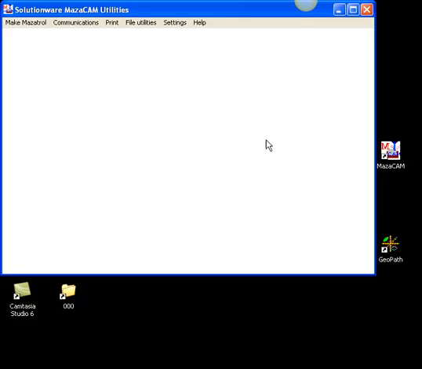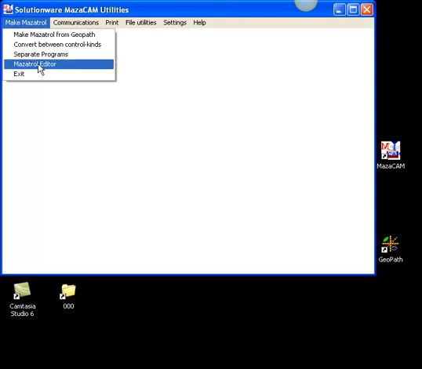Okay, little recap on what I've shown you. To begin with, we have our MaserDraw editor and utilities. It'll help you program the T1 all the way to the matrix, including the smart control. It'll help you program the M2 all the way up to the matrix. Here we have convert between controls. Allows you to take an M2 program, run it on a Fusion program on an M2, anything in between. You can take a T32 program and run it on a smart machine, or you can take a smart program and run it on a T2.